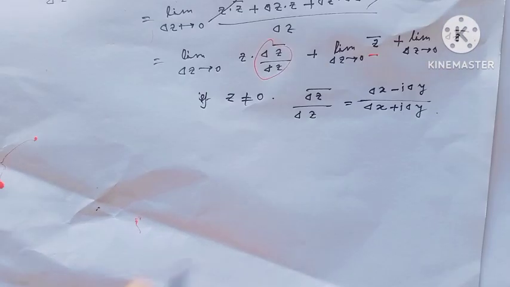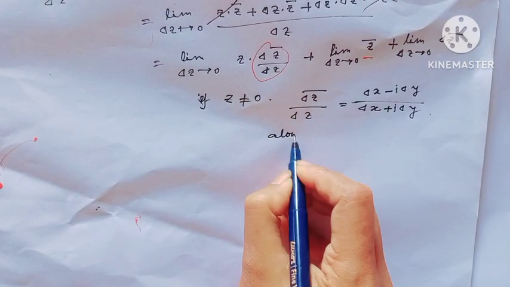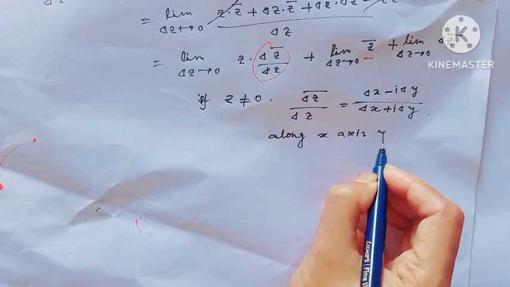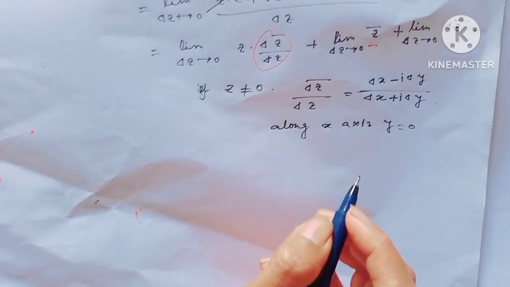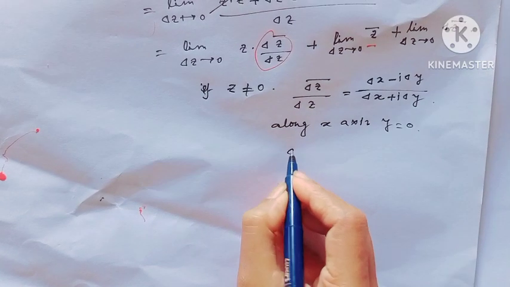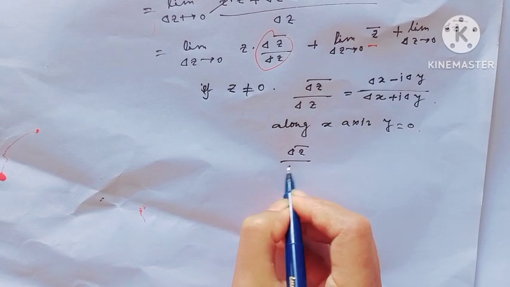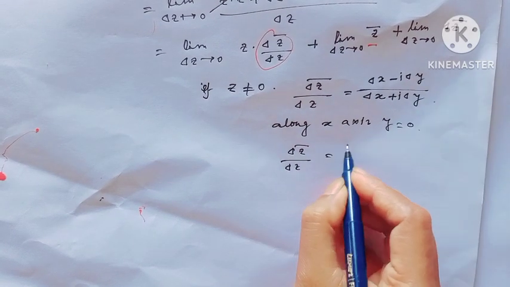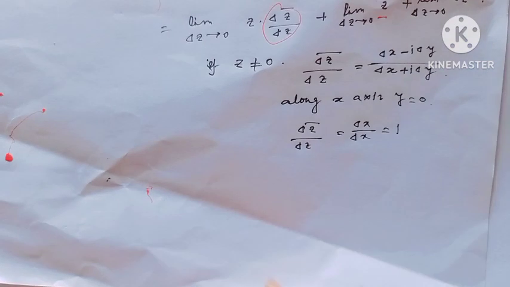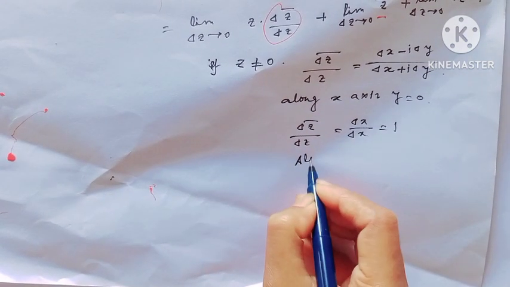Along the x-axis, obviously y equals 0, then delta z bar over delta z means delta x over delta x, whose value would be 1. And along the y-axis,